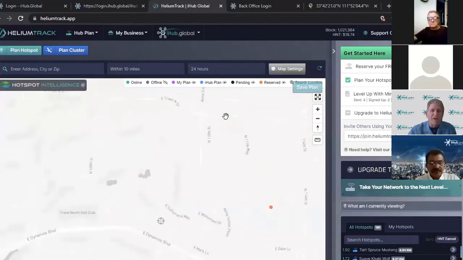And what we're talking about is situations where you put an address into Google Maps, which, when you're planning a hotspot and reserving a hotspot, is using the Google Maps database for an address. And you put it in, it finds it within there, and it has the location. But the reality is,